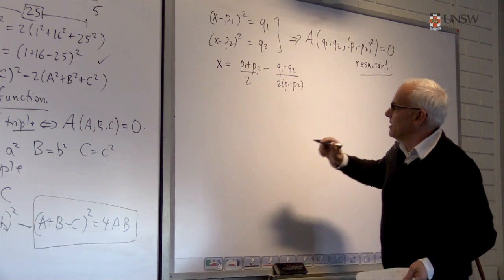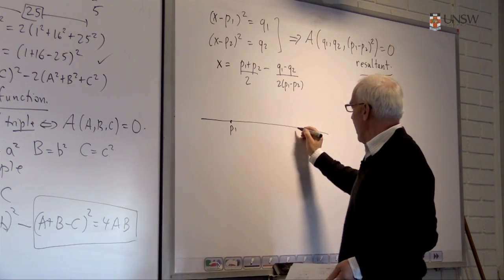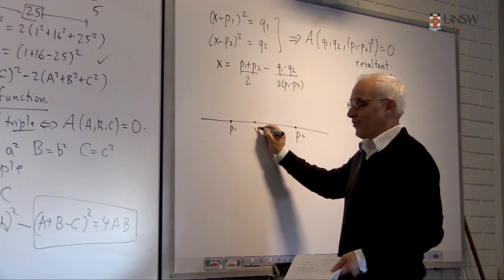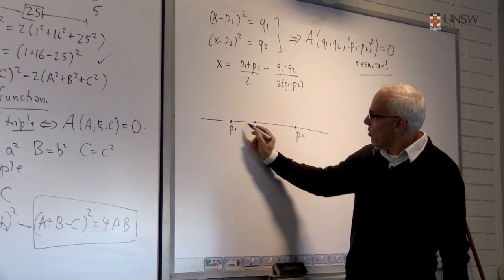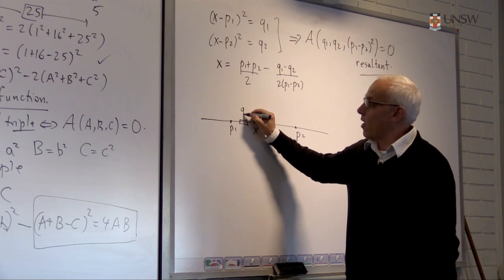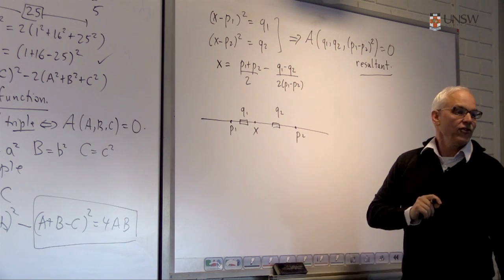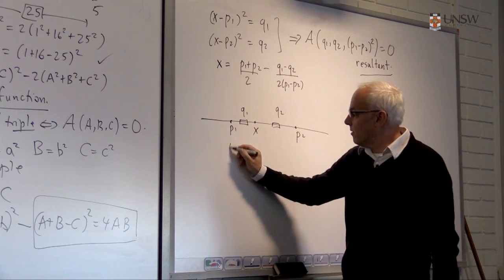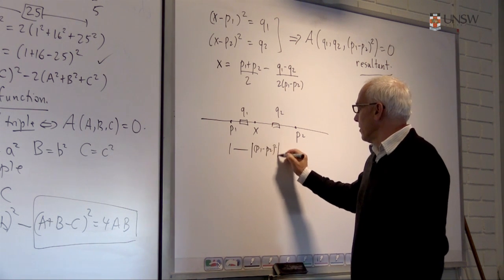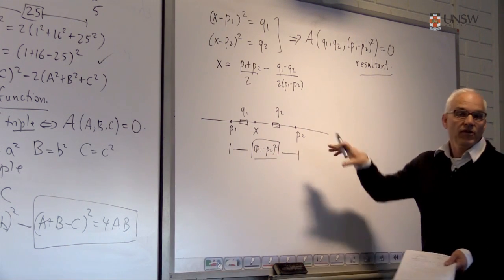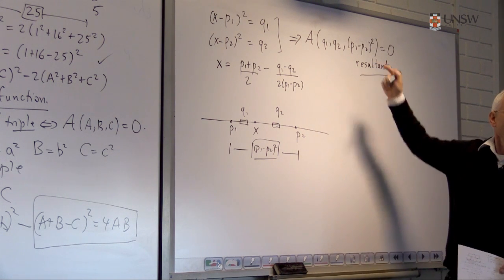But we can geometrically see that this is going to be so by looking at the geometry of things. So here is the point P1 on our axis, and here is point P2, and here's our point X. We're assuming that X satisfies the two quadratic equations. So that means that the quadrance between P1 and X is Q1. That's exactly what that's saying. And the quadrance between P2 and X is exactly Q2. And the quadrance between P1 and P2 is going to be (p1 - p2) squared. And so we see from the geometry immediately that these three numbers satisfy the triple quad formula, which is that relation there.